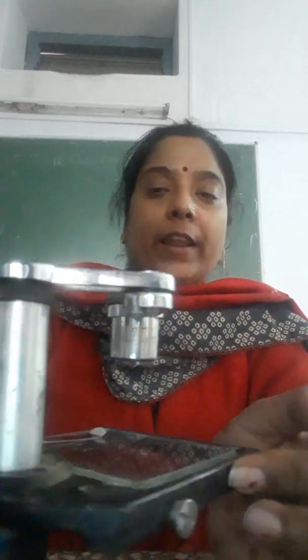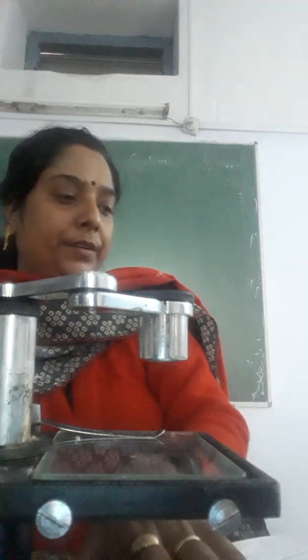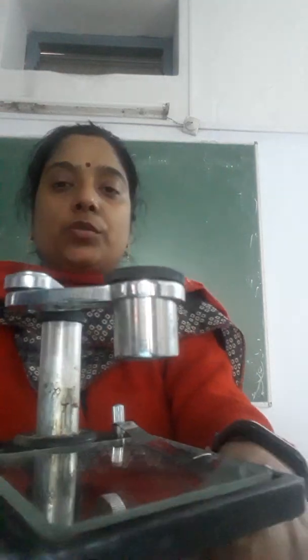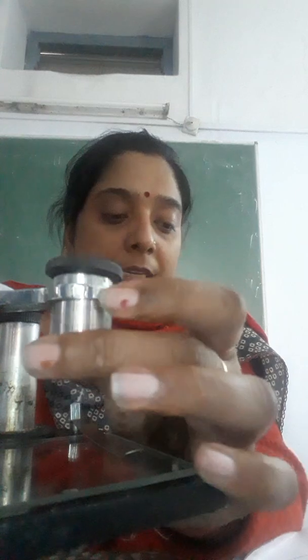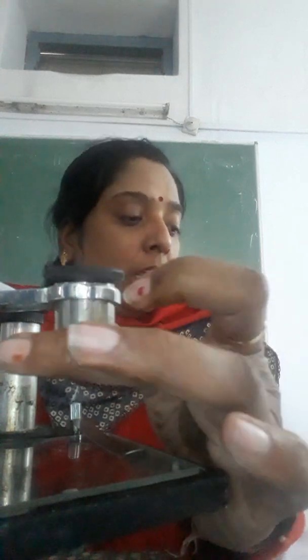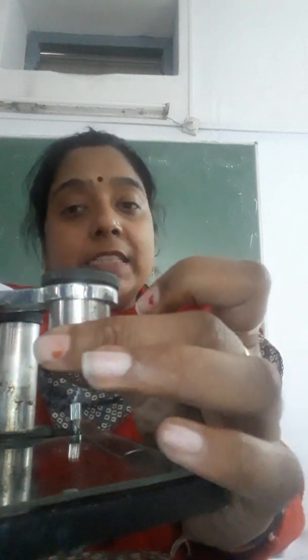The requirement for it is only this apparatus. This is a dissecting microscope, and a dissecting microscope is actually a simple microscope that consists of one lens unit. See here, only one lens unit is here. It only consists of one lens unit, and maybe an ordinary magnifying glass. Such microscopes are used to dissect out the material or to observe the material which requires less magnification.